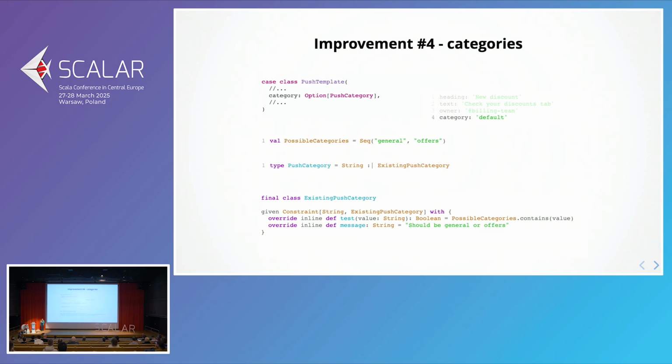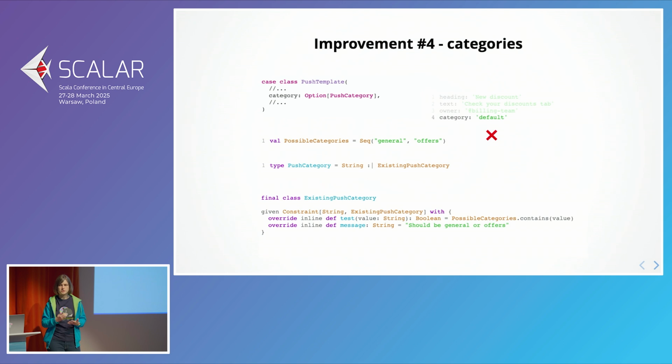And using the inline keyword from Scala 3, which guarantees that what follows will be evaluated at compile time, means that Iron can do it without the macros. So that's nice. It makes it very lightweight, and it's also very easy to use. So with such a constraint, we can make sure that such a template would be incorrect, and then again, you cannot merge the pull request. So we are preventing our users from making another kind of mistake.